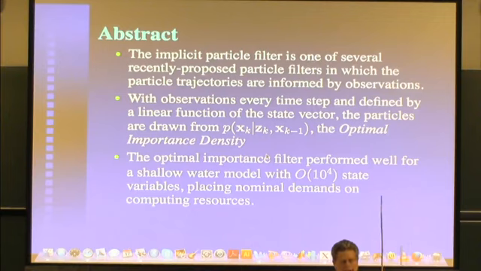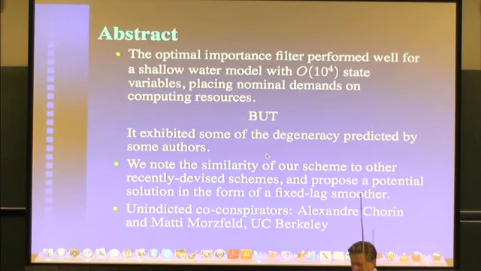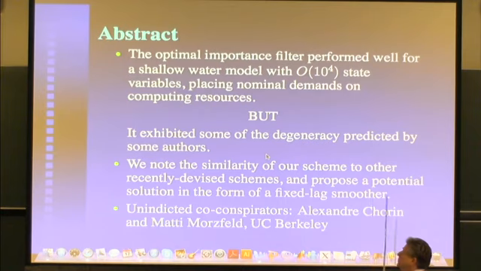That's true, but I got only a workstation, and those people have enormous supercomputers. And 10 to the 4th is enough to manifest most of the difficulties with high-dimensional problems. It performs pretty well, but the problem is these things become degenerate in ways that I'll tell you. In fact, even under these very favorable conditions, we actually do see the degeneracy that was predicted by a number of authors, including Peter Yan, for instance.